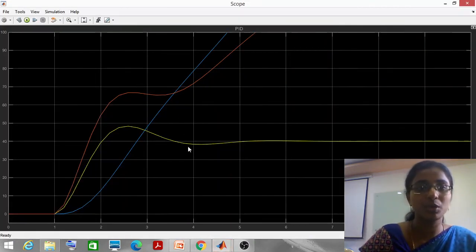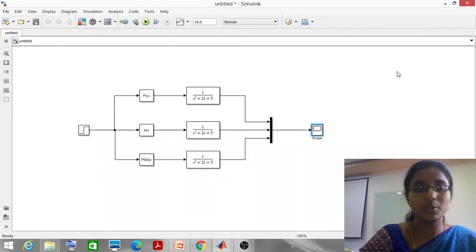This is how we get changes in our graph by changing the values of the controllers. This is all about the experiment of op-amp based PID controllers.